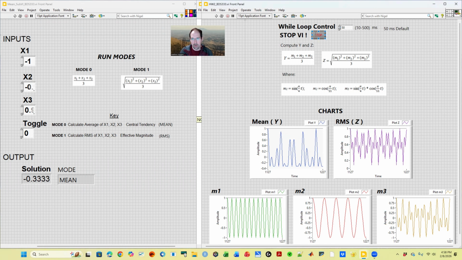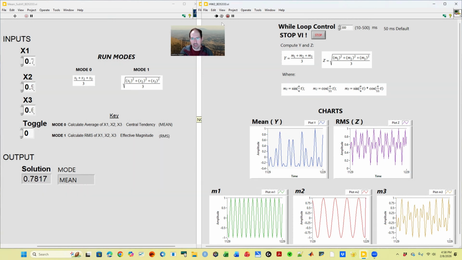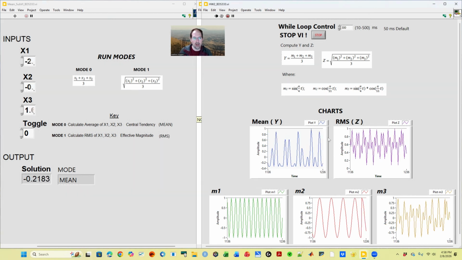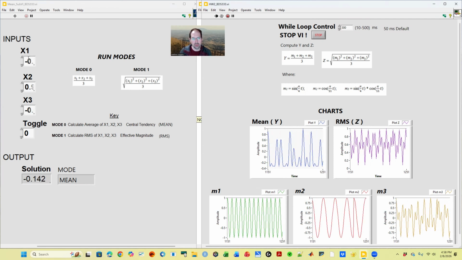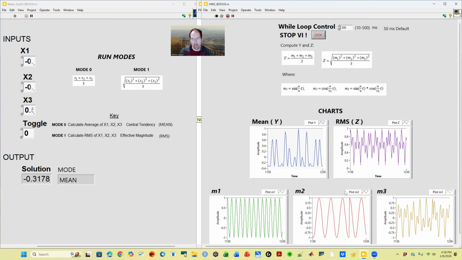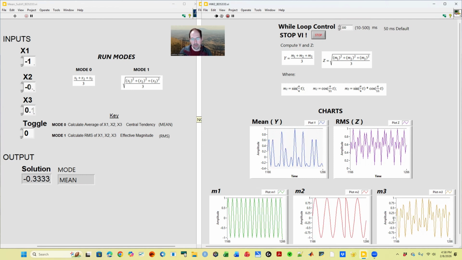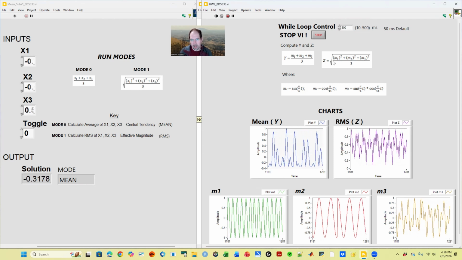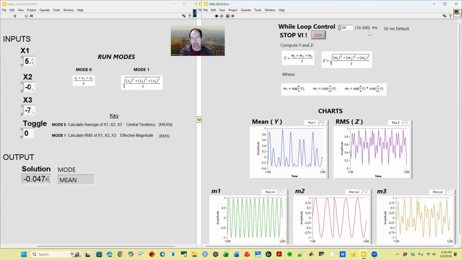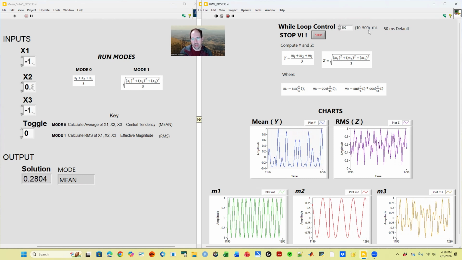Now we're going to change this to, say we want to type in and run it at 300 milliseconds. You're going to notice that it runs a lot slower, which is useful if you're trying to look at stuff. You can look in your SubVI and see that the values are being passed in slower, so you can see what the points are, how the points are being plotted, and the mean and RMS values are likewise plotted at the same time. The reason I selected 10 and 500 is that outside this range,